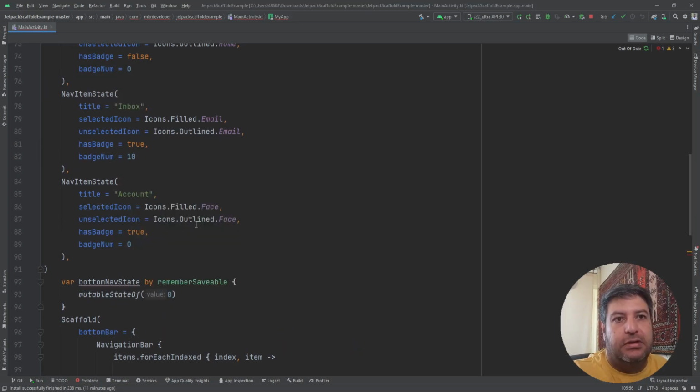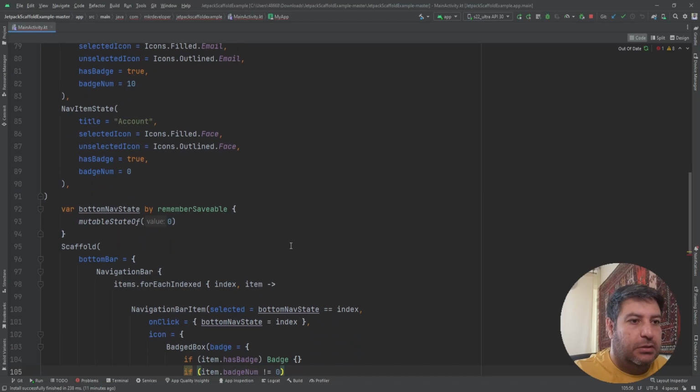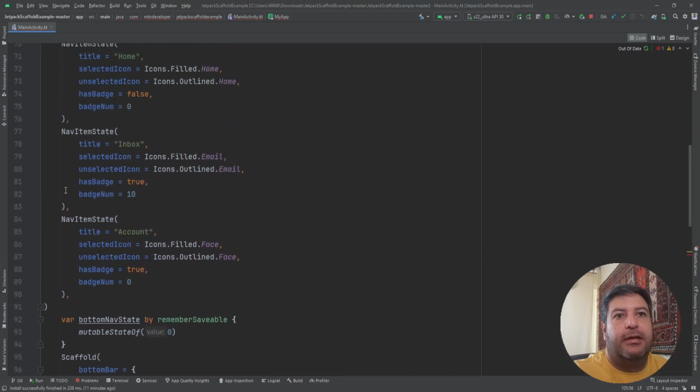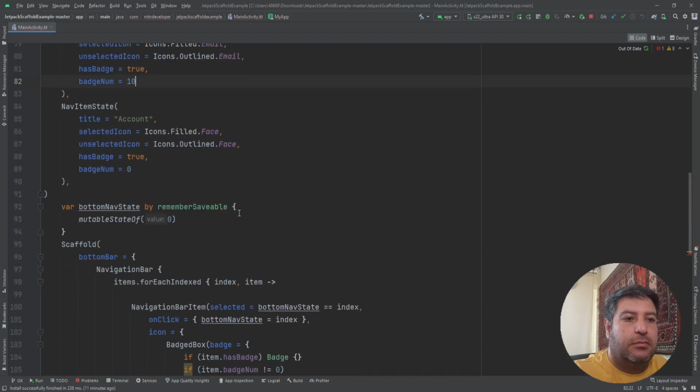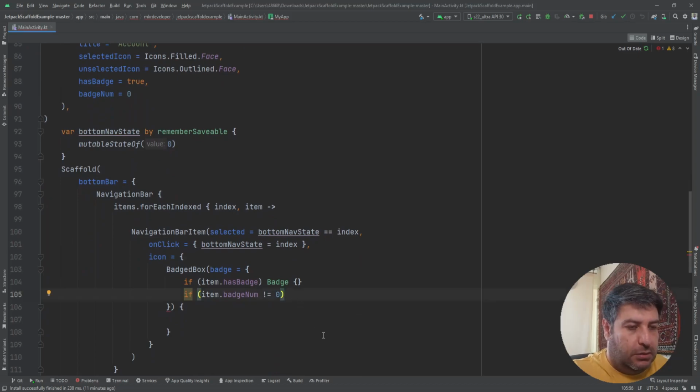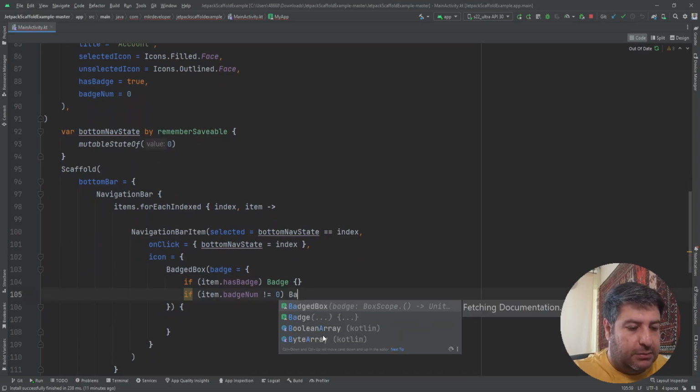So for the first item and the last item it should be false, and for the second item it will be true. Again, we need a badge,